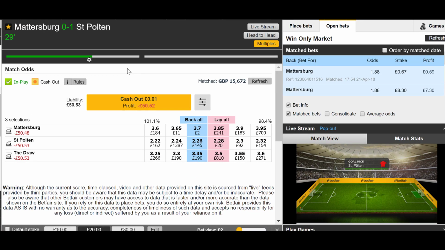Now, of course, at this point, when a goal goes in against the run of play, if Mattersburg have been dominant, then there is a new opportunity. There's a new opportunity to use a different strategy, opposing this team, especially if they've taken the lead against the run of play. Ultimate Football Trader members, this is the precise time you should start using the relay reloaded method. But of course, either way, get out of the market and protect your stake and just stick to the